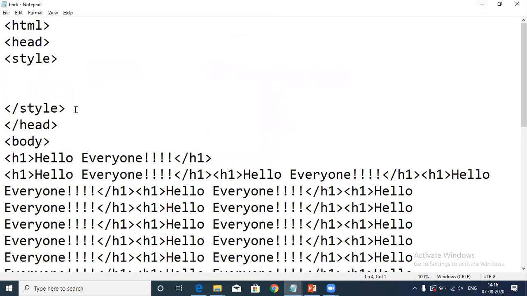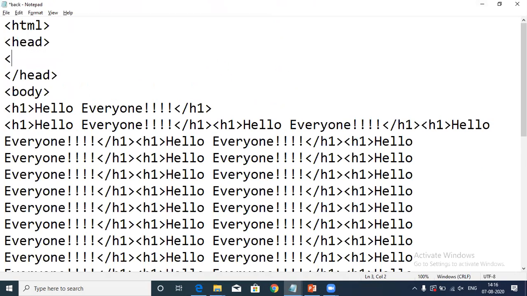Now we are going to link the file here. So for linking the external CSS file, we'll use the link tag, where type is equal to text/css. Then rel is stylesheet.